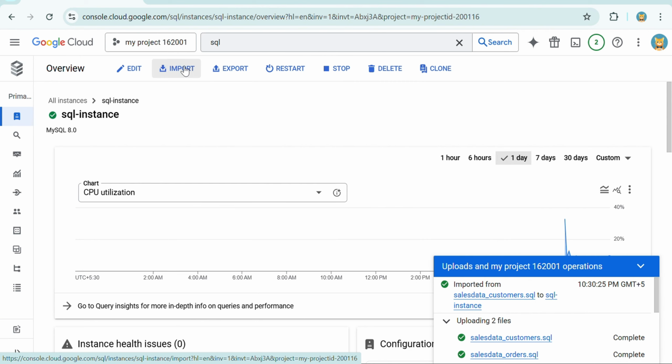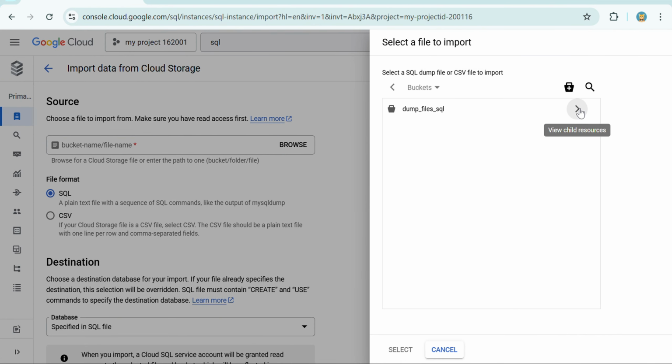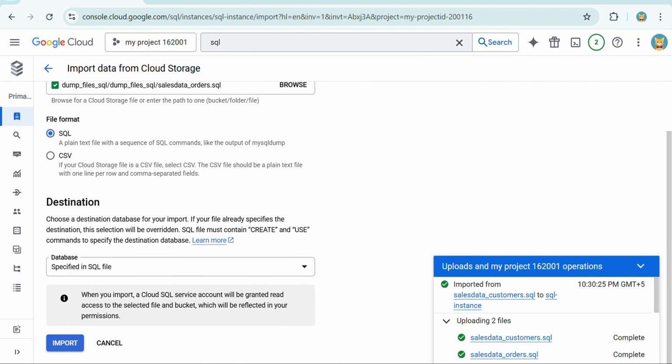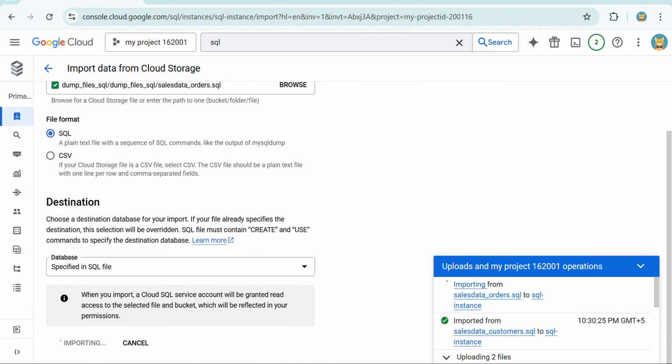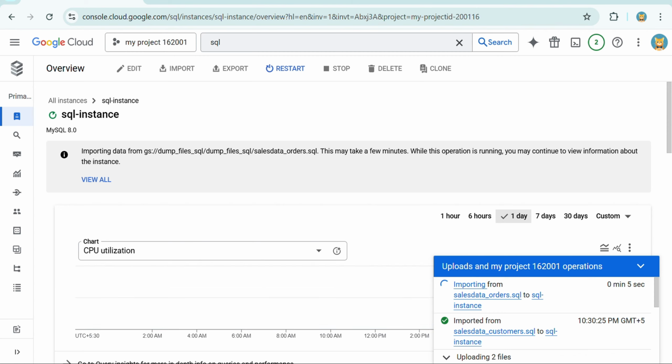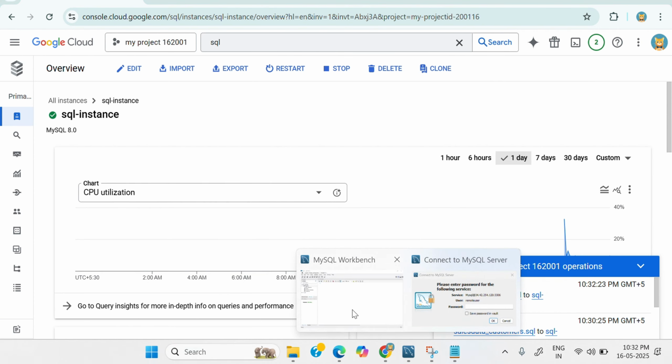Now, if I click on import again in this instance, again it is asking to choose the bucket. In this bucket, I already selected the customers file. Now I'm going to select the orders file and click on select. Now go down and click on import. Now we will wait until it is uploaded. Yeah, it was imported. Now if I go to the workbench,